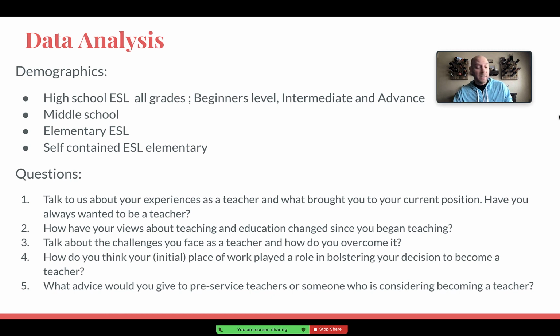In answer to our second question regarding views about teaching, 2 of the participants are in their first year of teaching, and we discovered that novice teachers are more overwhelmed with classroom preparation and familiarization with curriculum, which fits with, I think, anticipating what would happen for first-year teachers. Also, day-to-day lesson planning and classroom management were two large themes that emerged both with novice teachers as well as established teachers.